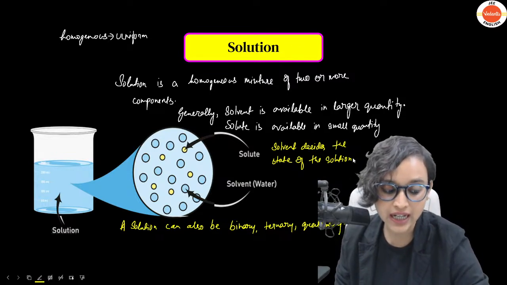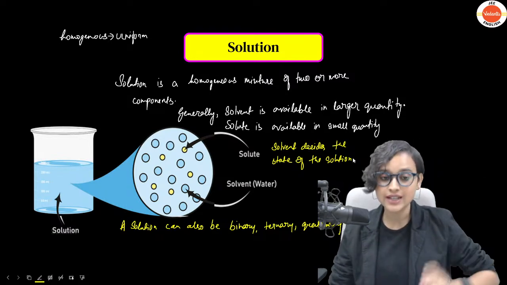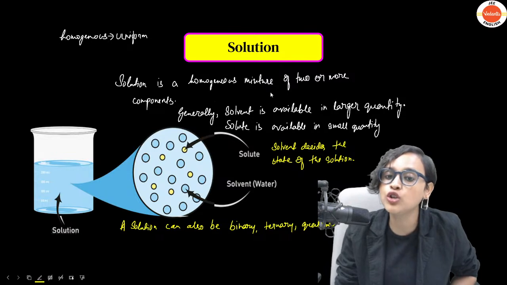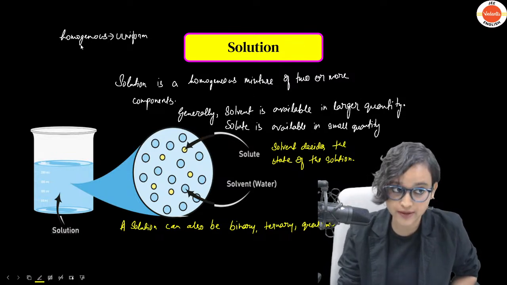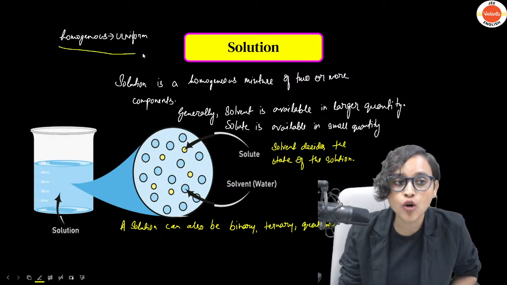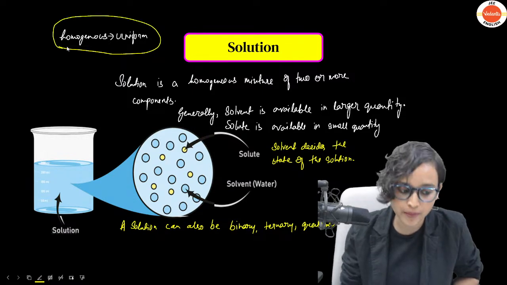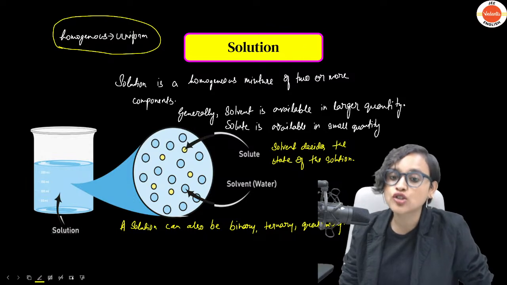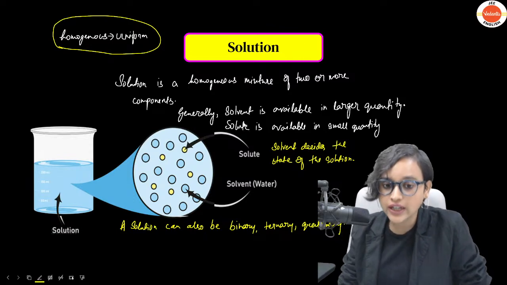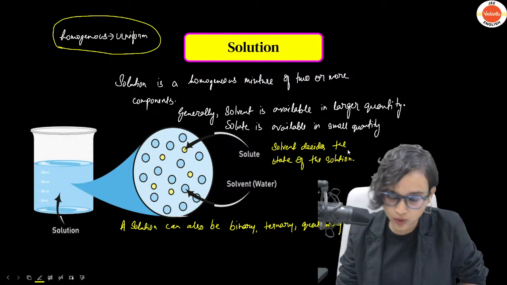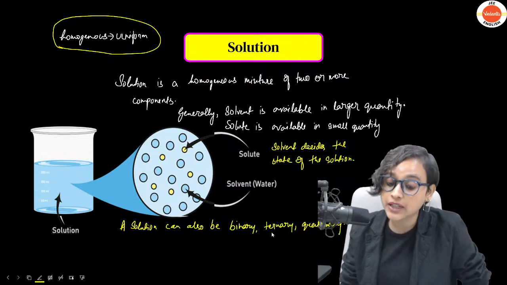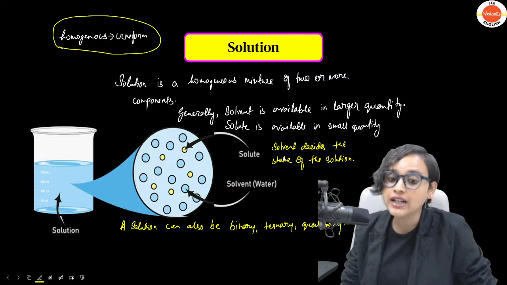But till now, is everything clear? What is a solution? A solution is a homogeneous mixture of two or more components. What is homogeneous? Homogeneous means uniform, and generally the solvent is available in larger quantity and the solute in smaller quantity, right? Then I told you that a solution can be binary, ternary, or quaternary, and who